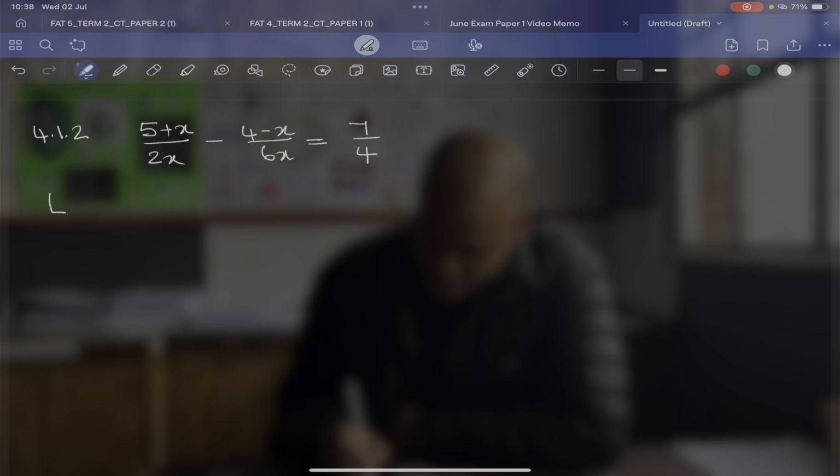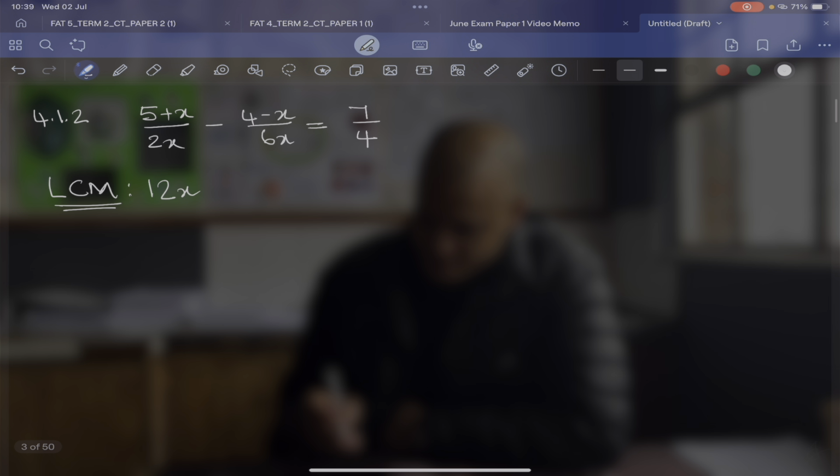choose the LCM, which is of course 12x. That did not change. It is still the same LCM. It's the same problem here. So what we will do instead, instead of multiplying with 12x over 1 all the way through, we are going to take the first fraction